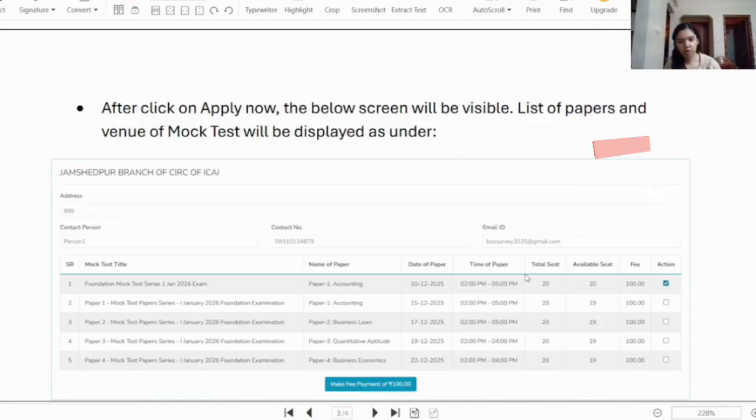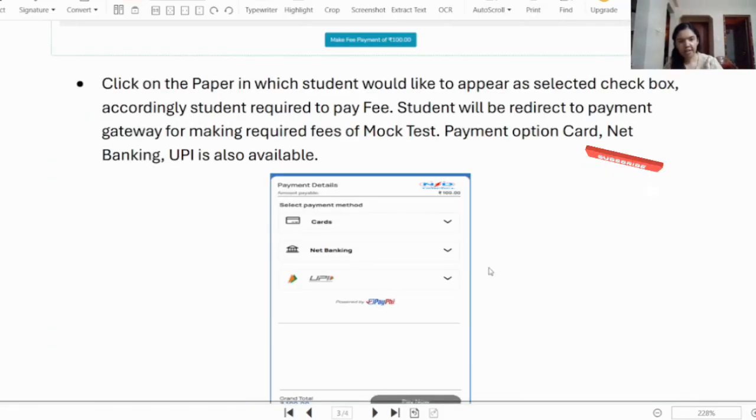Here you can see total seats available, how much is the fee for the mock test, the name of the paper and the date of the paper. Suppose you want to appear for foundation mock test paper series 1, paper 1 accounting. Just select here and make the payment of ₹100. Once you make the payment, you will be successfully registered for the mock test paper.